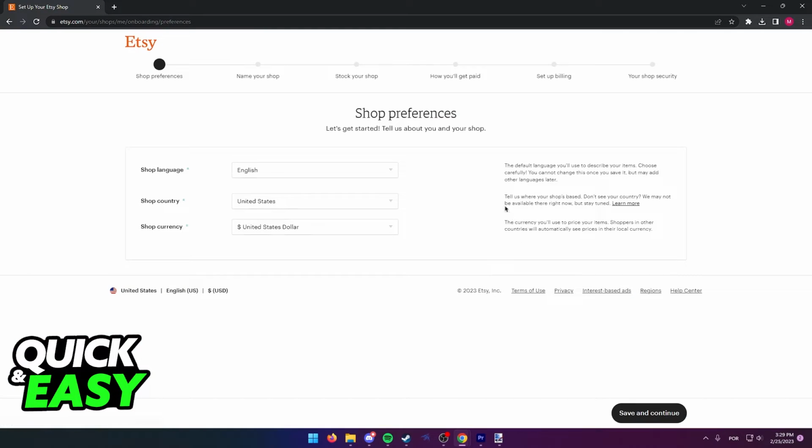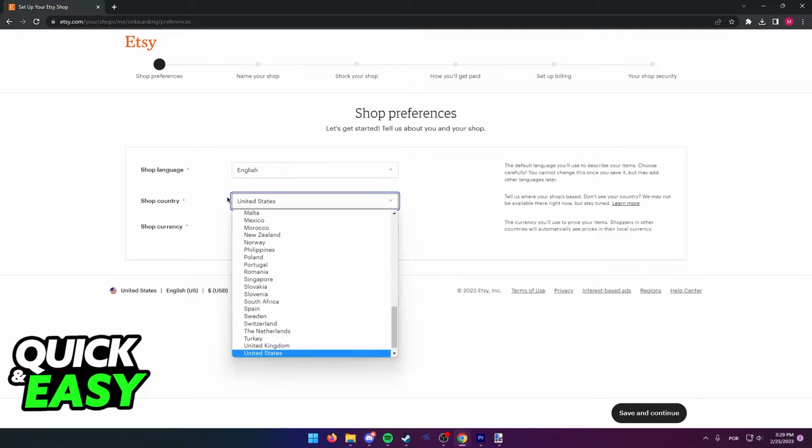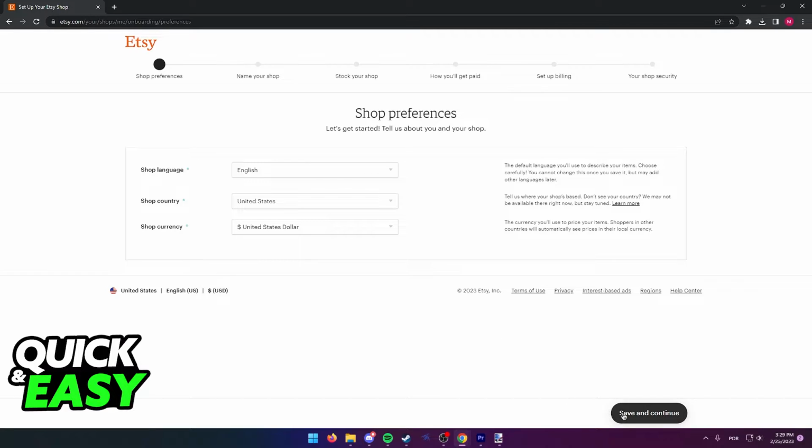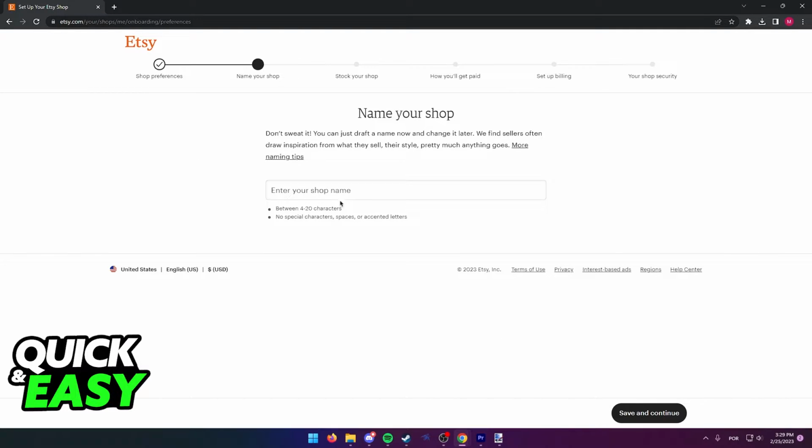Select Start Your Shop to actually detail what your shop is about. Select the language, country, and currency that you want to use. These are going to be defaulted to the ones when you created your account or related to the region where you first logged into the website. After you choose whatever you want to set your store to, you can select Save and Continue and enter the